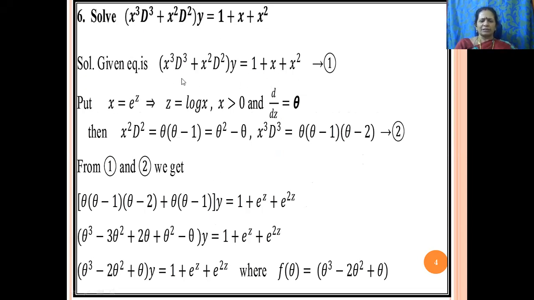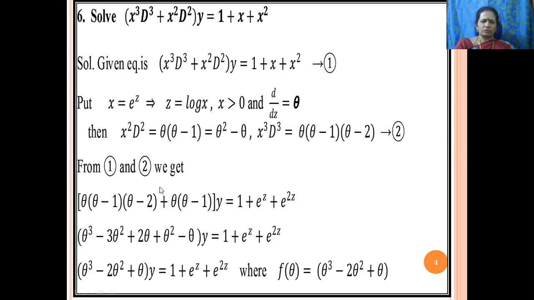So take the given equation and rewrite the given differential equation like this. Then, using the Cauchy Euler equation forms, x is equal to e power z, z is equal to log x, and d by dz can be written as theta, right? From that we can write x squared D squared and x cubed D cubed. Now from these two equations,